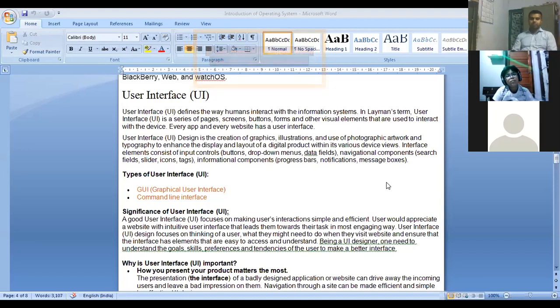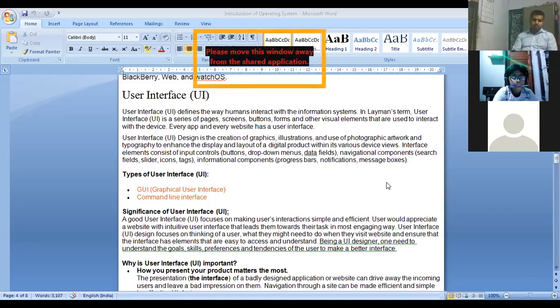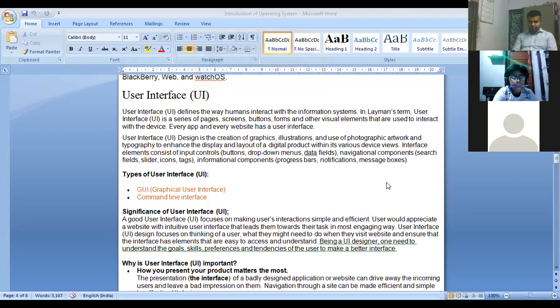What do you mean by illustration? Whenever you click any file or folder, and I will show you this practically also, the details of the file or folder or that particular drive appear at the bottom part, which is known as the details pane of the window. So it helps us to illustrate the contents and details of any storage component. It can be any kind of file, folder, or drive.